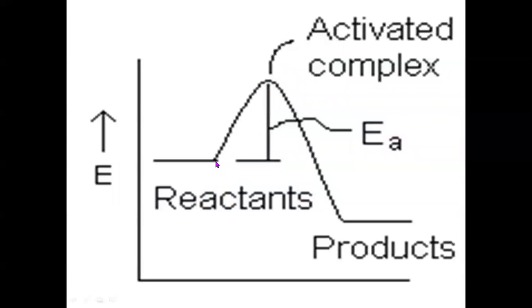This is for exothermic. This much energy is of reactant, this much is of product. So the difference in energy of reactant from product will be given out, and this is the energy of activation, and this much energy will be possessed by the activated complex. If it possesses it, then only it will form product, otherwise no product will form.